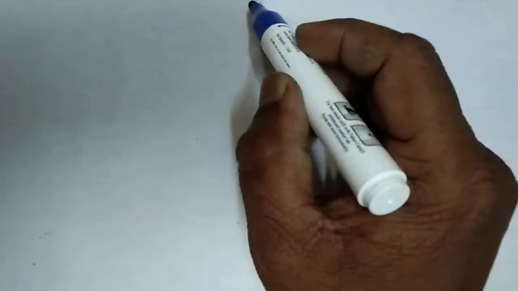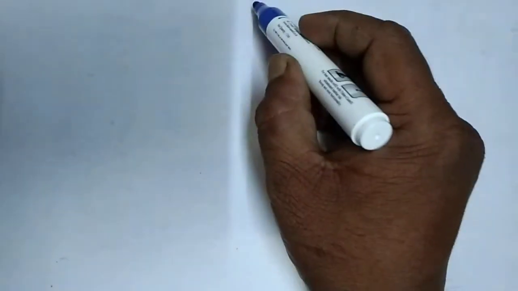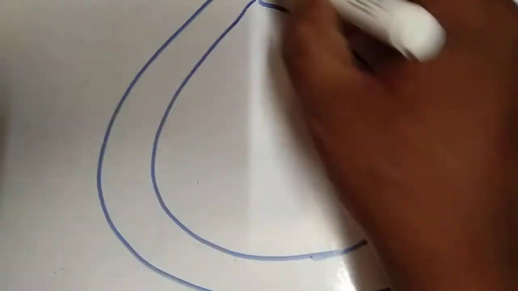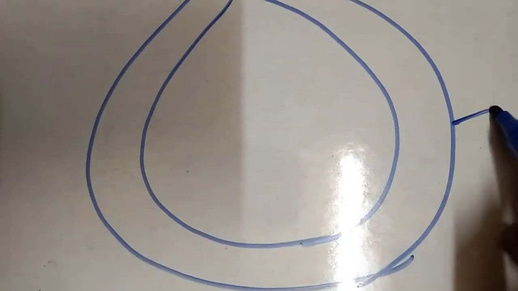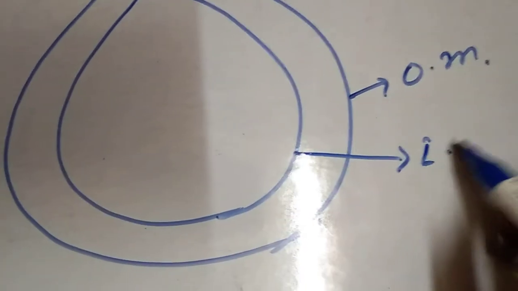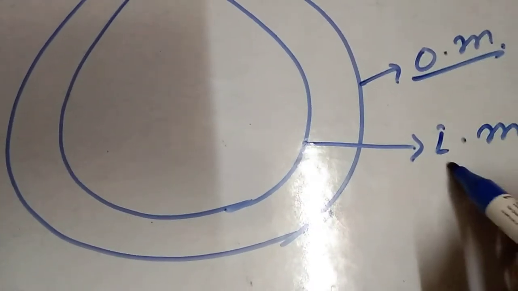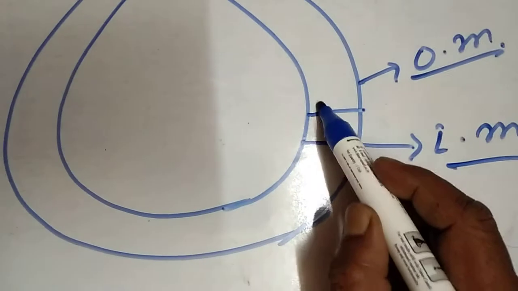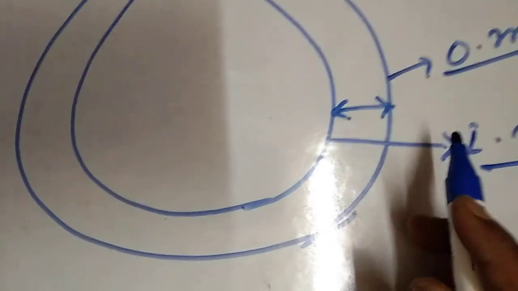Now the structure of chloroplastid is present in our syllabus, so I'm drawing the chloroplastid structure. This chloroplastid is a double membranous structure. This is the outer membrane, and this is the inner membrane. In between these two membranes, the space which is present is known as